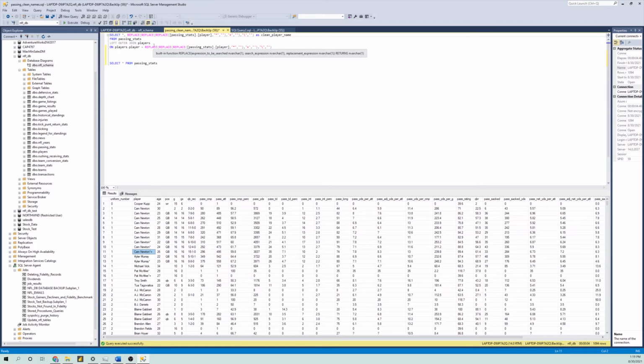And doing these projects, I find myself doing a left outer join more often than an inner join. So that is how we join those two tables together, and we're going to join it on the player column in the passing stats, or the player column in the players table. Since we cannot use aliases in SQL when we're specifying which columns we want to join two tables on, I had to use the raw function here. So when we run that,